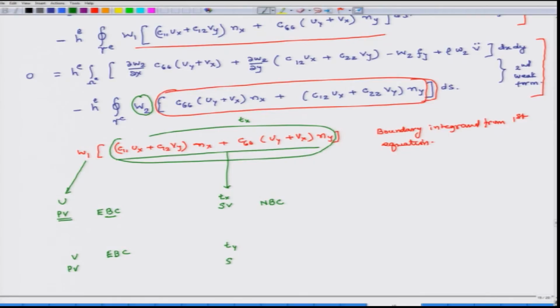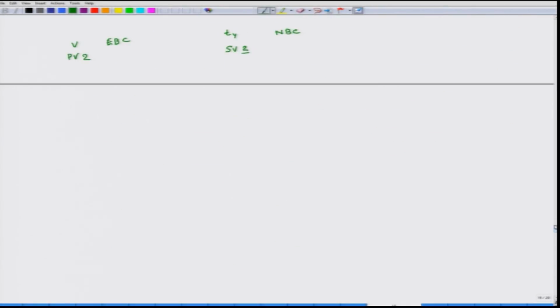So, this is primary variable number 1, this is primary variable number 2, Tx is secondary variable number 1, Ty is secondary variable number 2, and if I specify it, I am prescribing natural boundary conditions. So, with this understanding, we rewrite the two equations once again